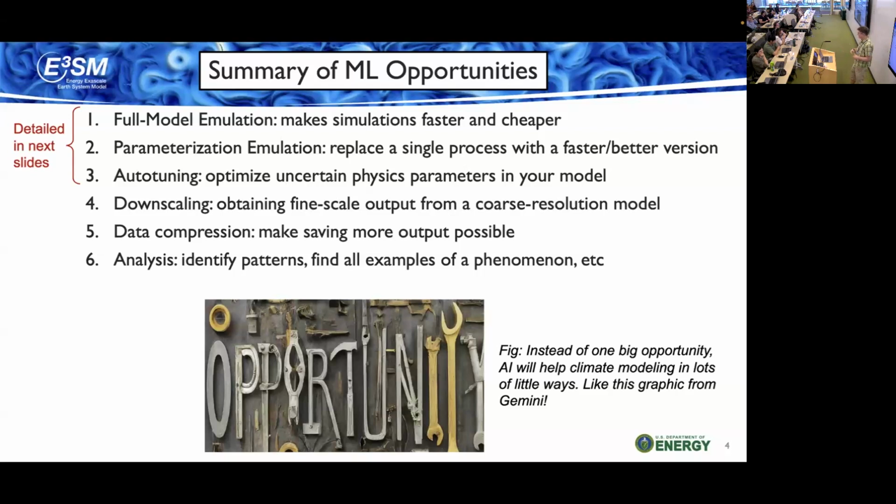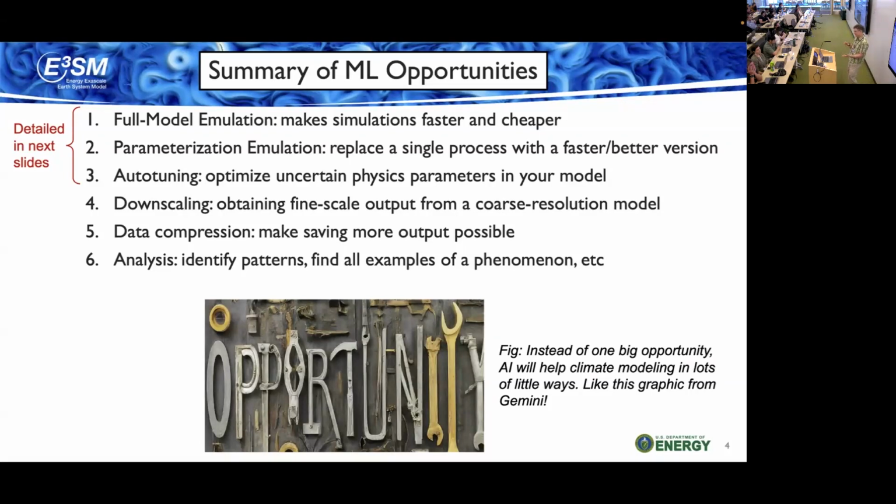But we can do something a little bit different. We can use those same models, but instead of training them on observations, we can train them on our climate model, right? And so the benefit of this is that the AI-based models are usually a lot faster and more efficient. If you're trying to run something like a kilometer-scale global atmosphere model, you can only afford to do 20 years or so with your physics-based model, but you can do thousands of years if you have an AI emulation of the same thing, right? So there's kind of a big difference there. It's a little bit subtle. I'll talk a little bit more about that on the next slide. You can also do the same thing with single parameterization within your model.